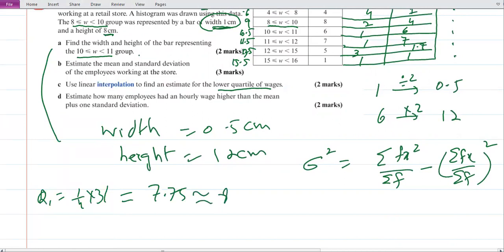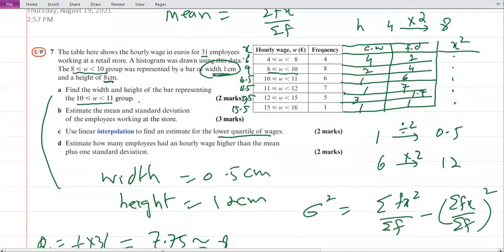Now where will it be? It means you need the cumulative frequency also. You have to add another column for the cumulative frequency when you have to use the interpolation. So add the cumulative frequency. Cumulative frequency for this one is 4. Now 8 plus 4 is 12. Then for the next one is 18. Then for the next one will be 25. And for the next one will be 30. And the last one will be 31. These are the cumulative frequencies. It means where will be your 8th value? First 4 will be here, 8 will be here. It means this is your Q1 class.